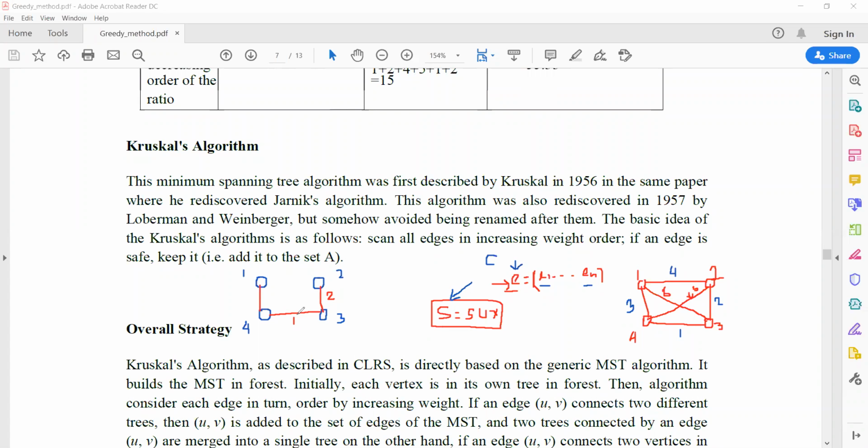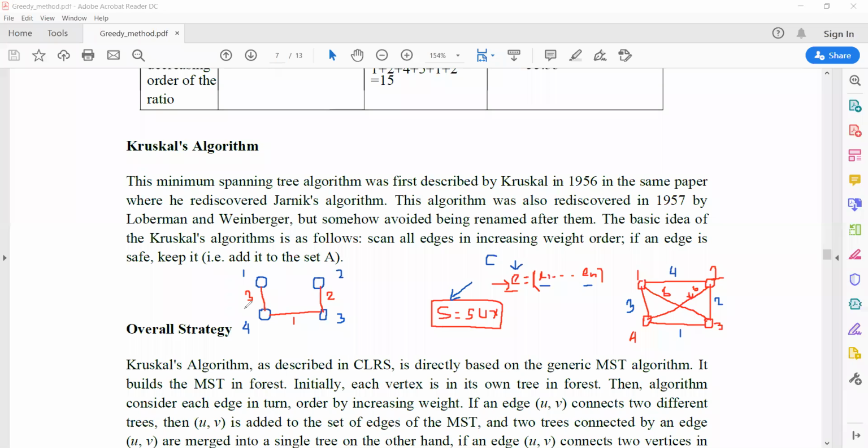So I may have a choice that I can select the next edge, this one, because of the 3. But once I connect this, it becomes a cycle. Once a cycle is formed, I am not allowed to select it. Okay, so that is the point I want to discuss, and that's why I made a change to it. Then the next one is again a 3, so I can add it.